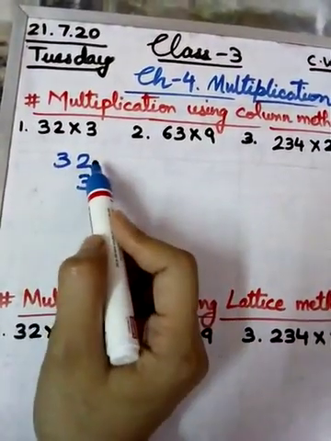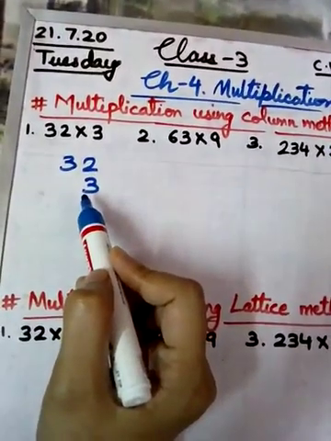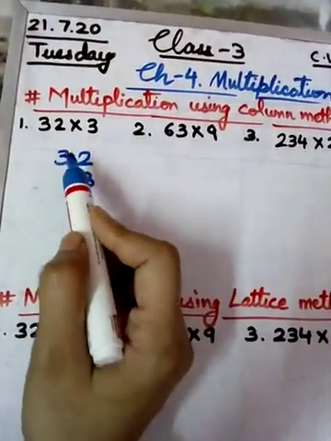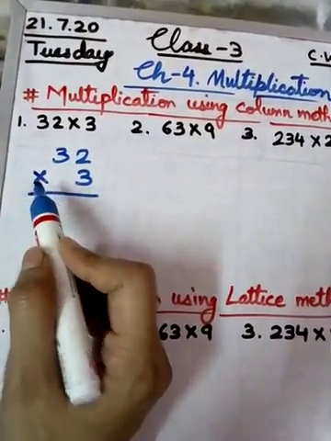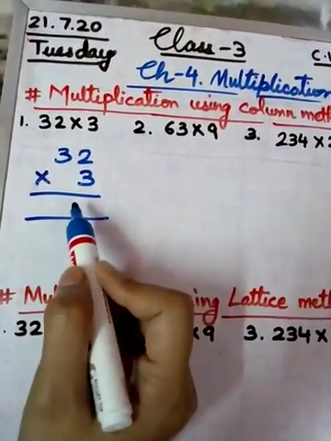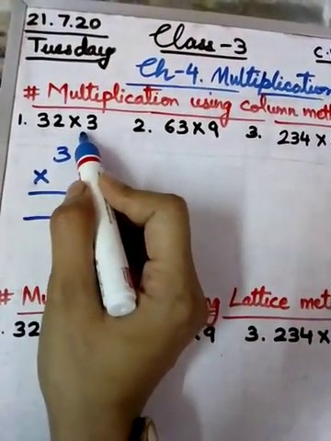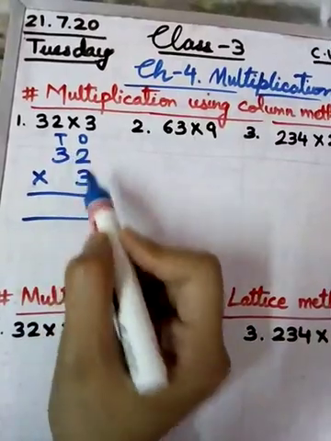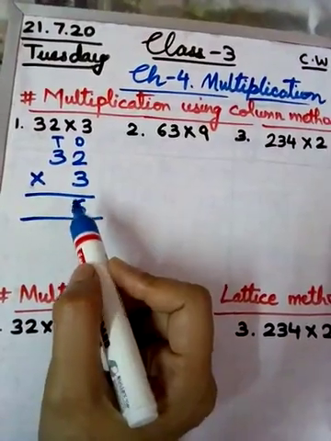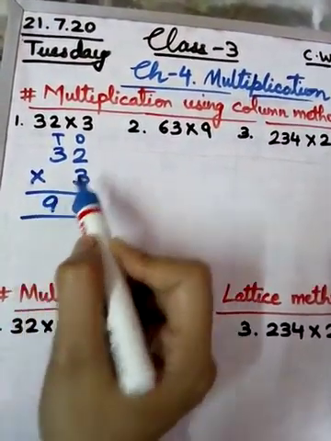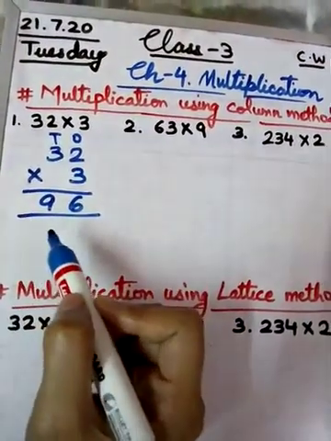Let me tell you, the first number is called the multiplicand, the one which is multiplied, and the second number is called the multiplier, the one which multiplies the number. Once we multiply it, this is the sign of multiplication, we get a product, the answer. So let us start. We will take 3 and multiply it with the ones place. You know it well, this is ones and this is tens place. 3 2s are 6. We will use the multiplication table which I have taught you in the quarterly. 3 3s are 9. So first 3 will multiply the ones place and then the tens place. This is how we do multiplication.